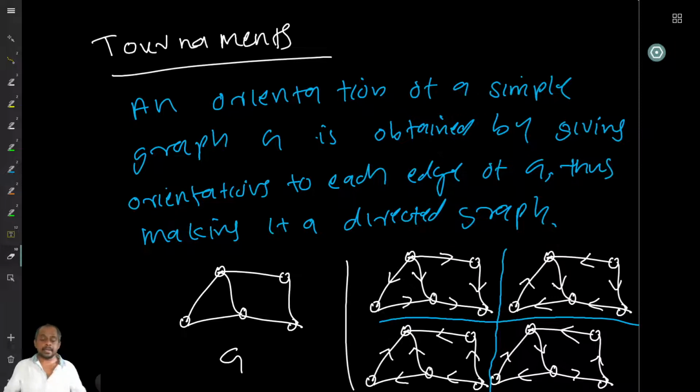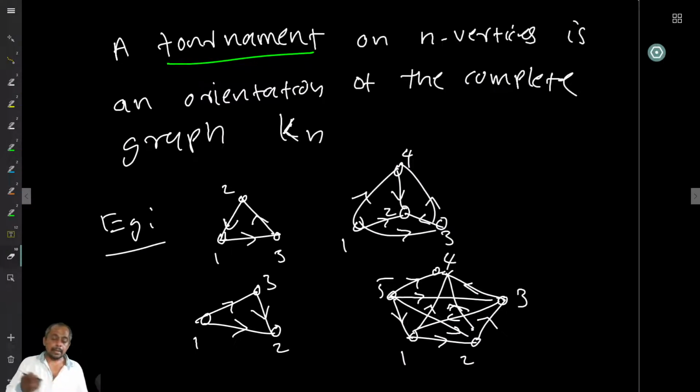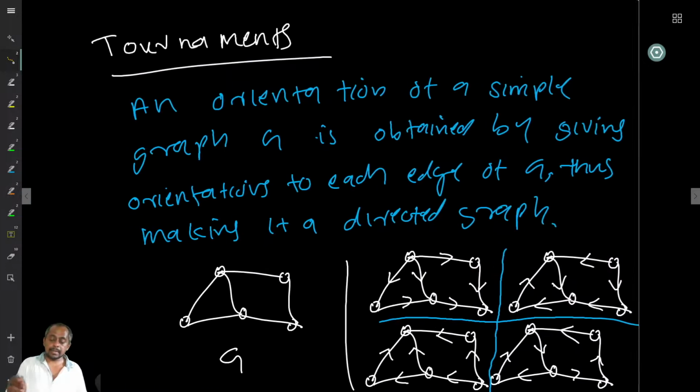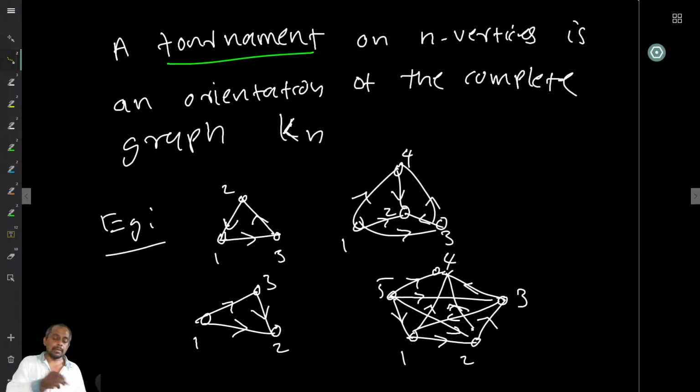Now take this directed graph. For example, I have this graph, a directed graph, which is an oriented graph, and when I have a complete graph with an orientation, these orientations are called tournaments. So these are all tournaments. These are just oriented graphs, because this is not a complete graph. These are all different orientations of the same graph G. But since it is not complete, it is not a tournament, but it's an oriented graph. Here is a tournament. So these are tournaments.